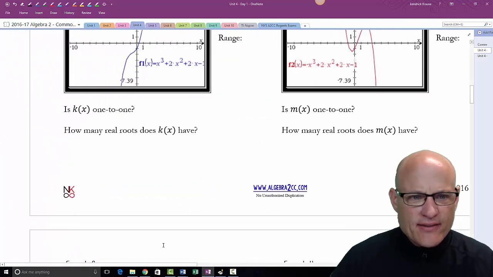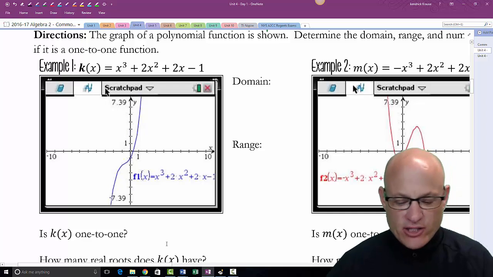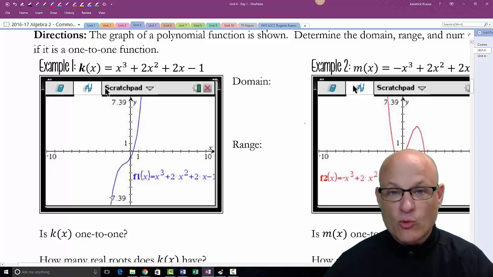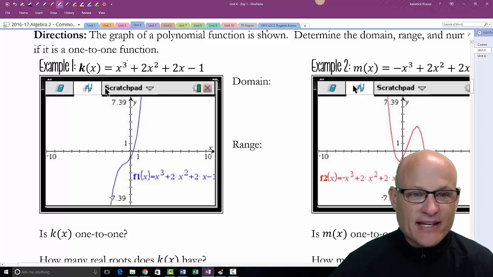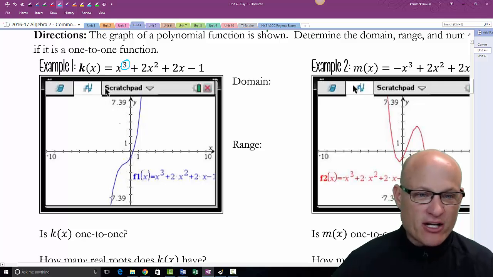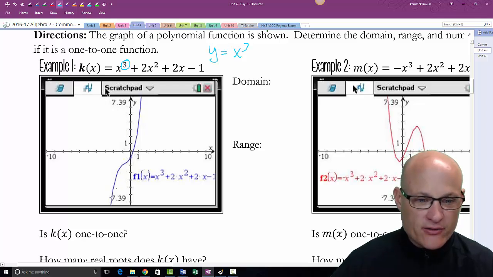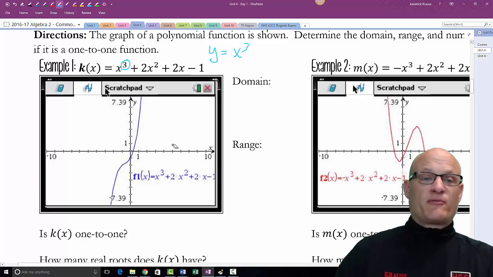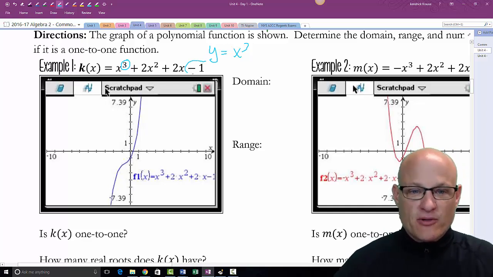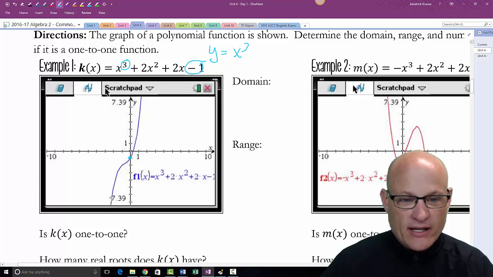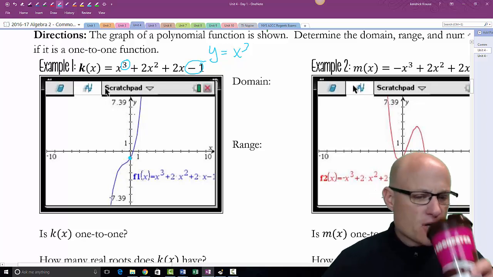So let's take a look at this function right here. Now, I don't need to graph it on my graphing calculator because I've given you a picture of what it looks like. You'll notice that in this case, it's got a degree of 3. So this is what the cubic function looks like. This is basically the generic cubic function. If I was just to graph y equals x cubed, that would go kind of like this. Get a little bend in the middle and bend up. So this one's pretty close to what the generic cubic function looks like. It just has a y-intercept of -1, which is why it crosses the y-axis right there.